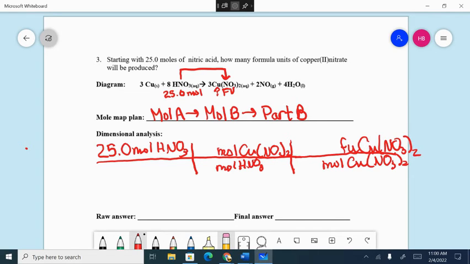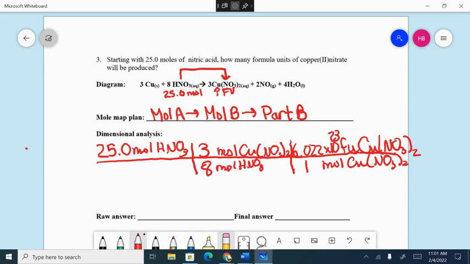Okay, let's work on the numbers. This is the mole to mole using the balanced chemical equation. What number goes with HNO3? 8. What number goes with Cu(NO3)2? 3. Now down to this one. What number goes with copper 2 nitrate? 1. And then the big giant number